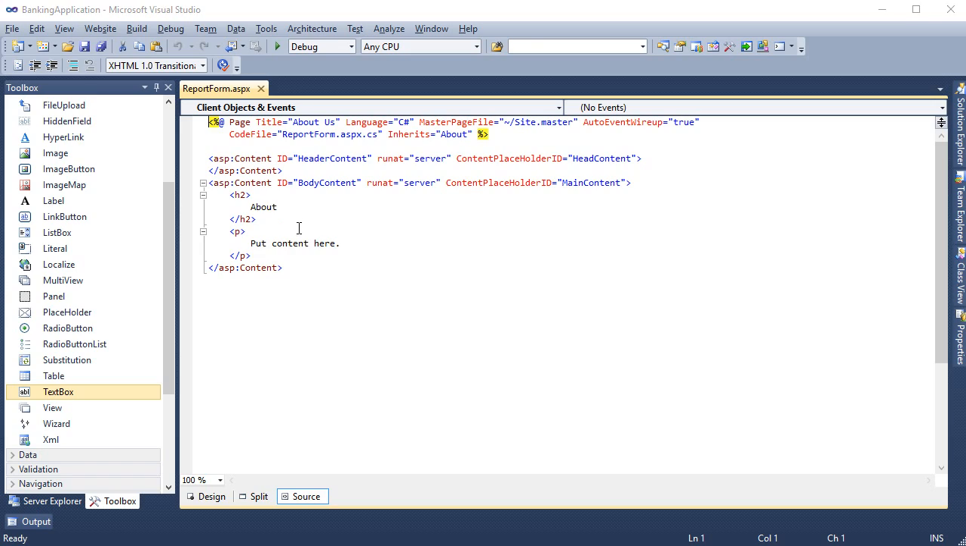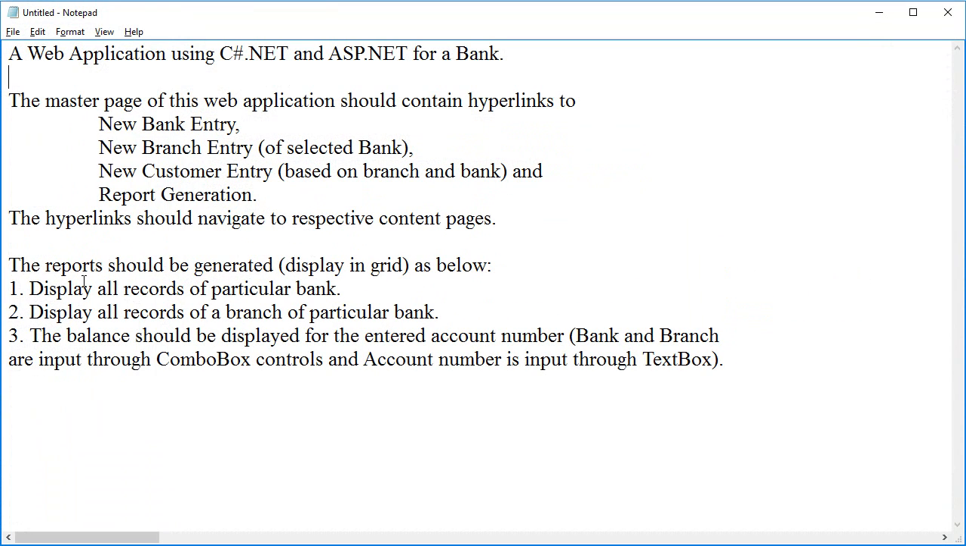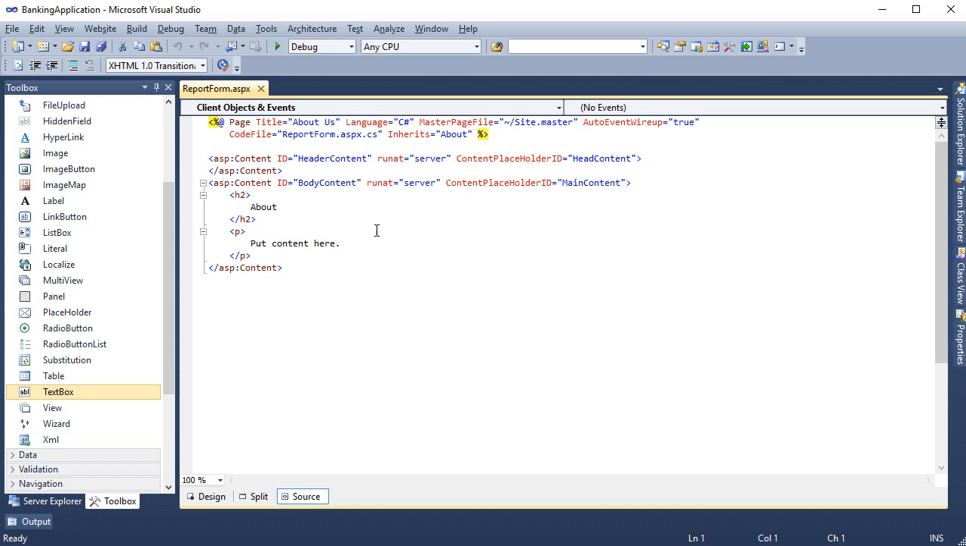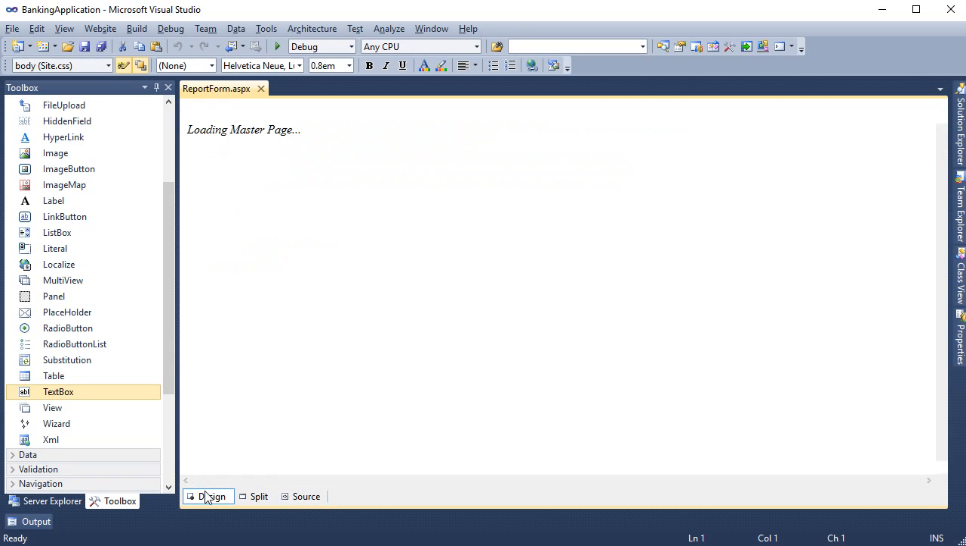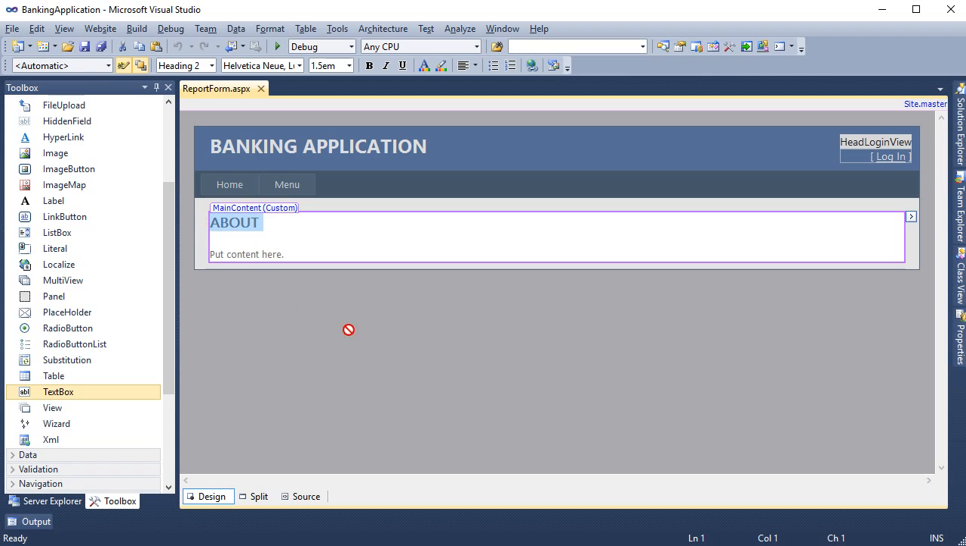Now the report form. To display the reports we need to display all records of a particular bank, display all records of a branch, and then a fourth query based on the entered account number. The balance should be displayed for the end. Okay, so we need 3 boxes. Sorry, we change this to this,